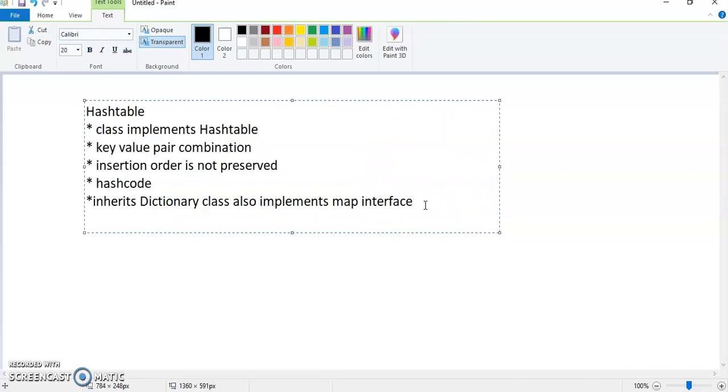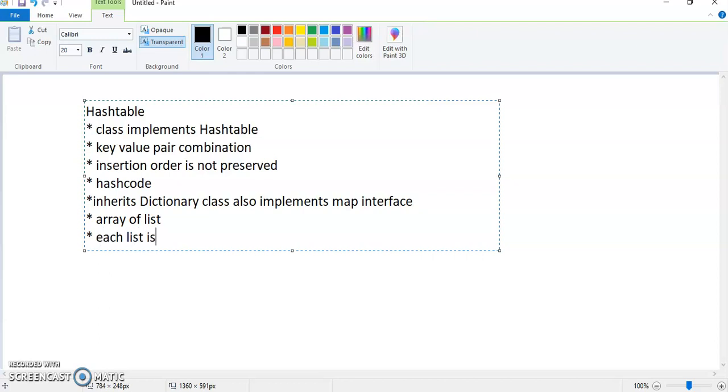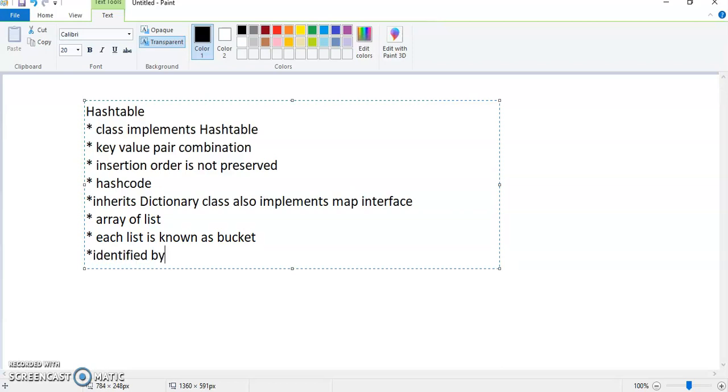Now the elements stored in this Hashtable are similar to an array of lists only, and each list in this particular array structure is known as a bucket. Each and every bucket is identified by some unique hash code.